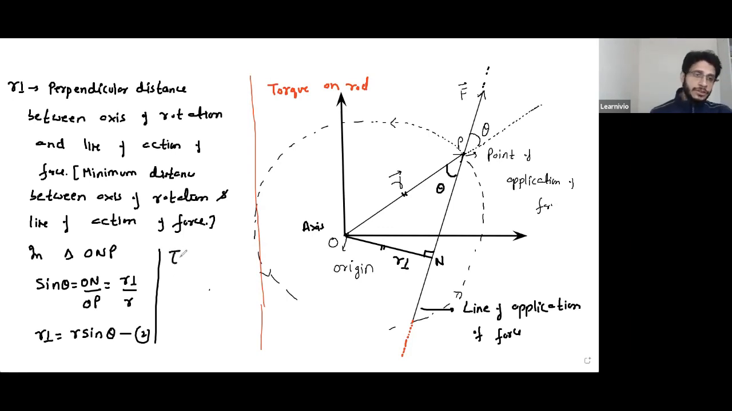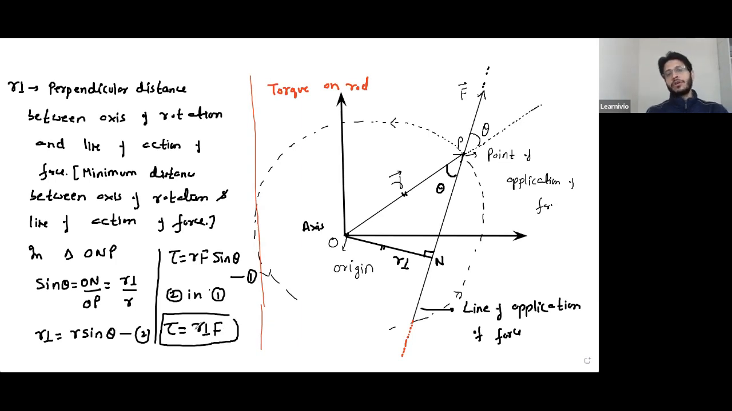The first equation is that torque is R F sine theta. I can do one thing: instead of this R sine theta, I can substitute equation 2 in equation 1. If I substitute 2 in 1, then this torque comes out to be R perpendicular